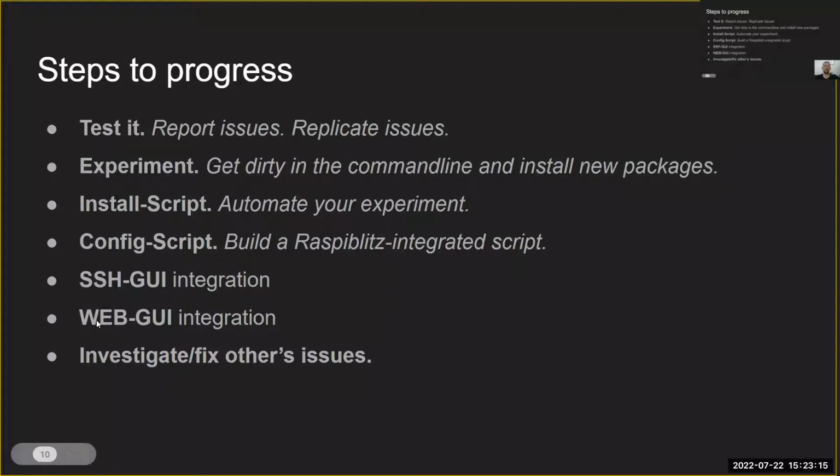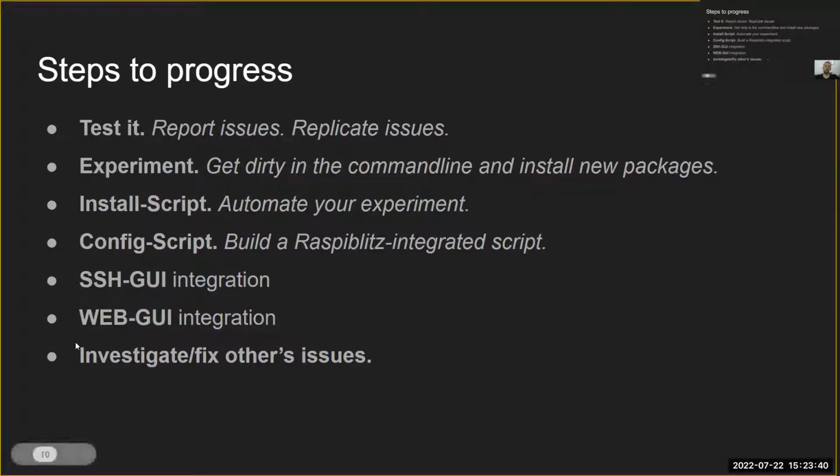And similar is for the web graphical user interface. It's just starting with the web graphical user interface, and there are not too many apps that are yet in this web graphical user interface menu. And I would say, apart from all these things, there is obviously, as it always is with other repos,